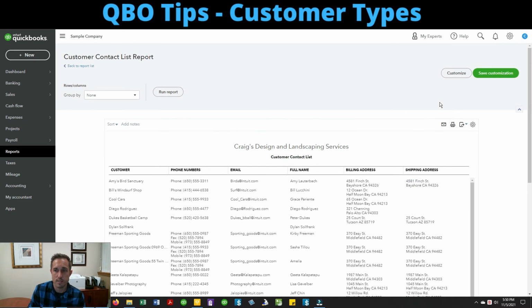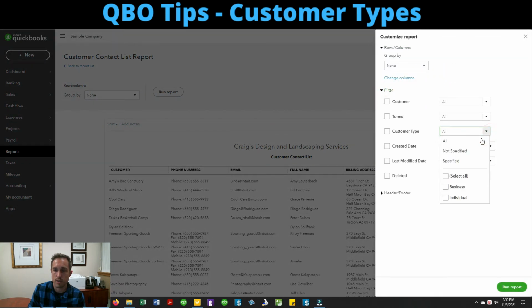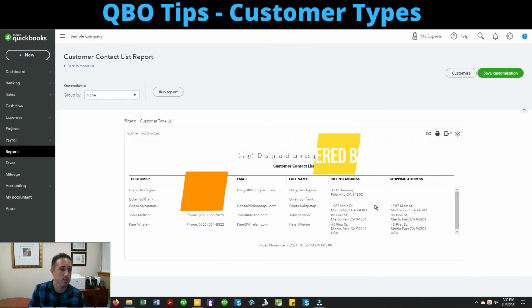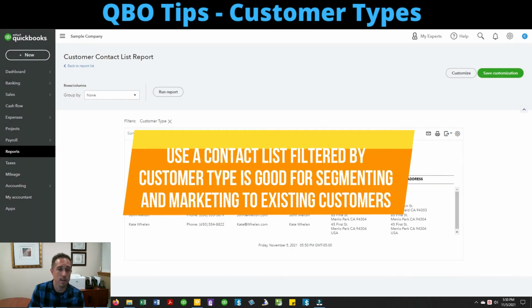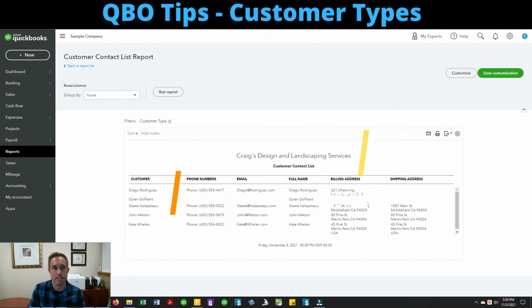And if you want, you can customize and you can filter for a customer type. This is really helpful if you're trying to export this list or use a customer contact list for some sort of marketing purposes to specific customer types that you have. Going back to the memberships, maybe you have a membership level that you want to prompt them to upgrade. Here's your contact list.